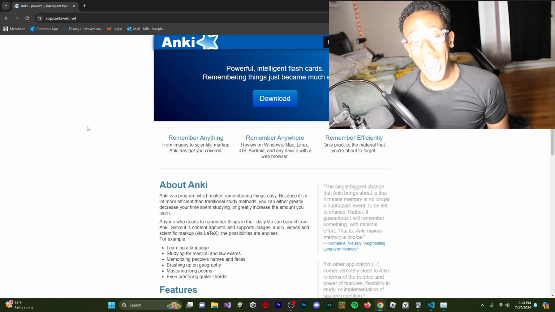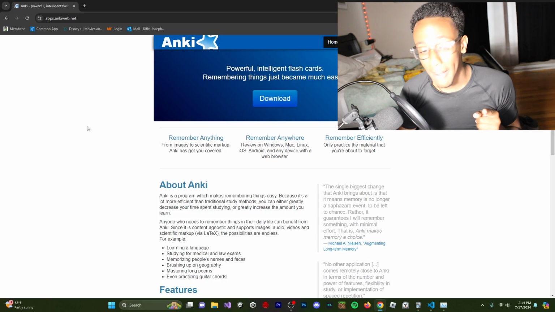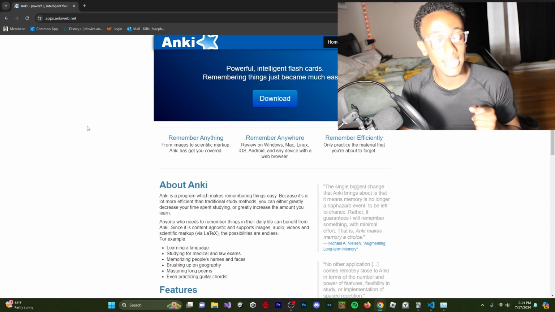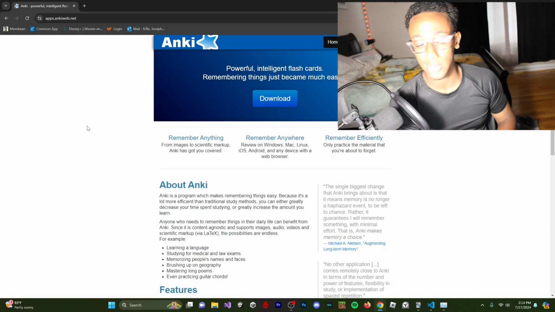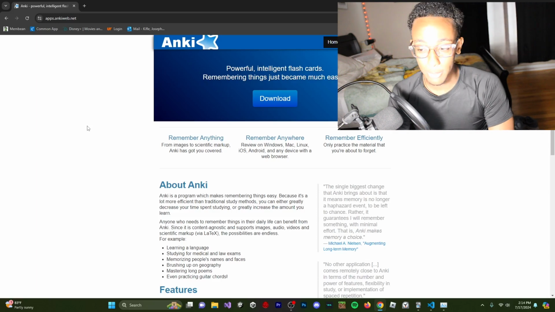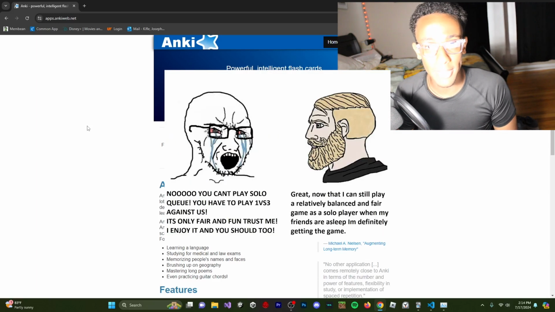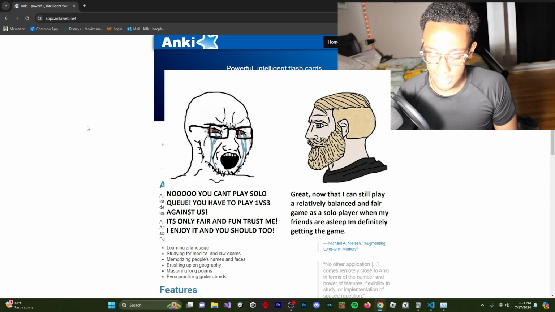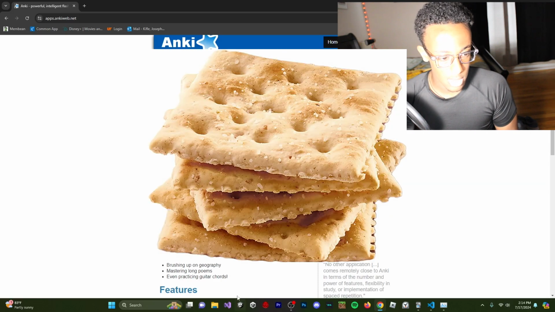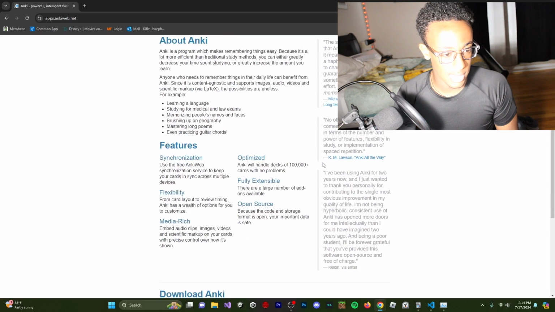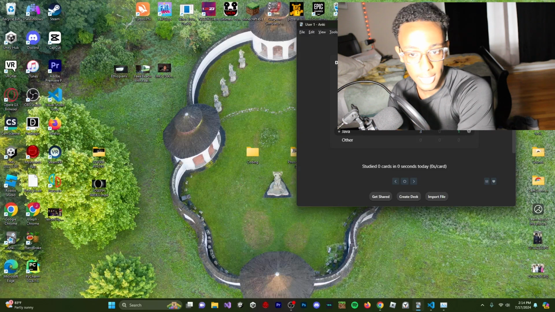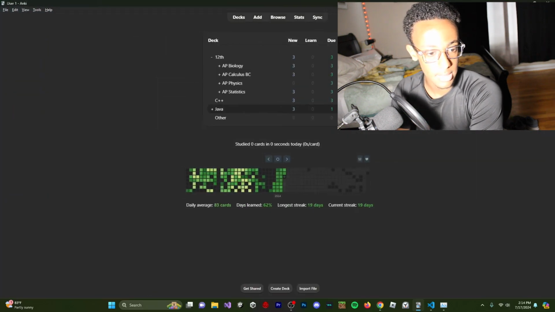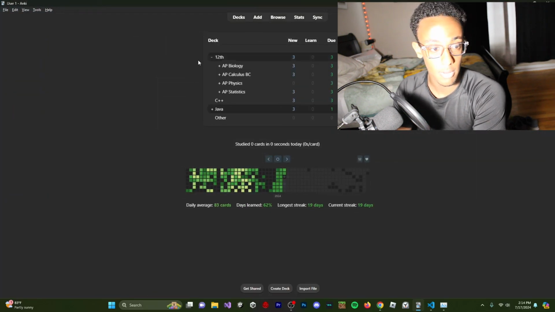Let me introduce you to Anki. My buddy put me onto this, bro. I'm telling you, this right here is the key. Apparently this is what med students use to study and get perfect scores on their MCATs. My good buddy, he don't gatekeep game, but this is basically like Quizlet, but it's cracked. You develop your own flashcards, and then it has an algorithm that helps you put it through. And that's how I studied for pretty much all my AP tests, and I got 5s on